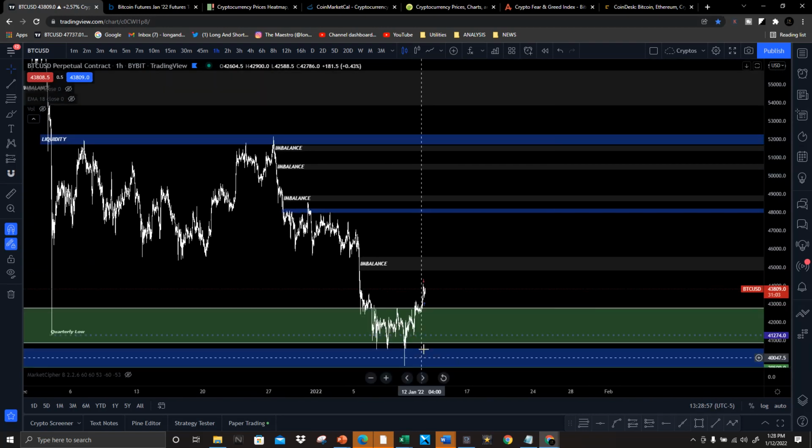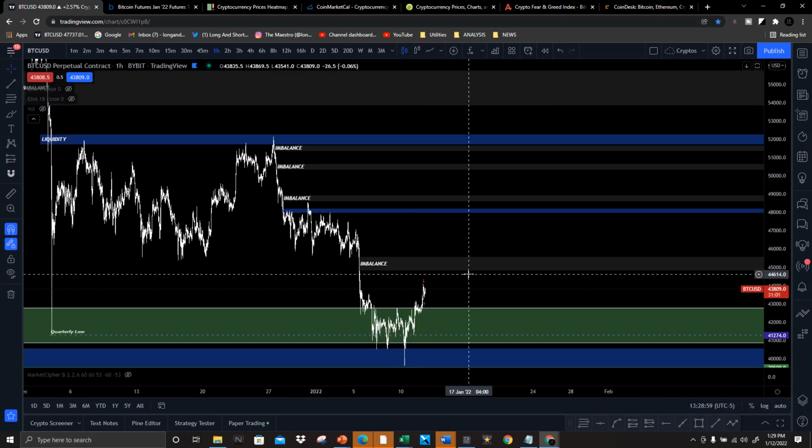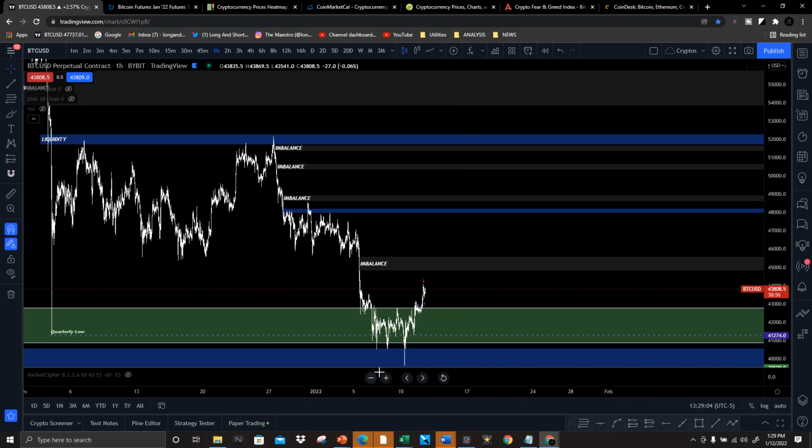Probably so. This bounce also comes on the back of news that the Fed is reassuring people that they're going to raise the rates. Now, if the Fed reassures us that they're going to raise the rates and we get a bit of a bump in the price, lock that away in the back of your mind and say, okay, we got a bump when they mentioned Fed rates last time. What's going to happen next time? And you want to start to build a pattern in your mind on how price reacts to certain news events and trade around that.